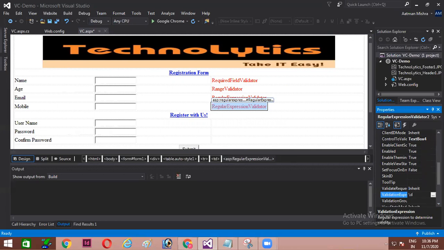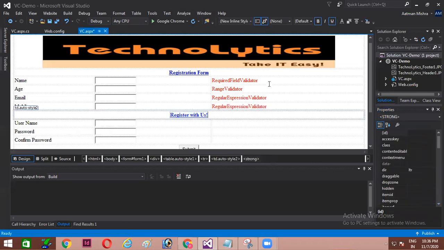I'm writing slash d. Slash d means it can be any integer or digit. Then I'm opening the curly brace and I'm specifying number 10 and closing the curly brace. So whatever is written in the curly brace, that many numbers are compulsory. Numbers why? Because I have written slash d. So it will consider integers first of all, and then in the curly braces number 10 is there. So the length of the integers should be compulsorily 10. Here also I guess type option should be there. Let me check that.